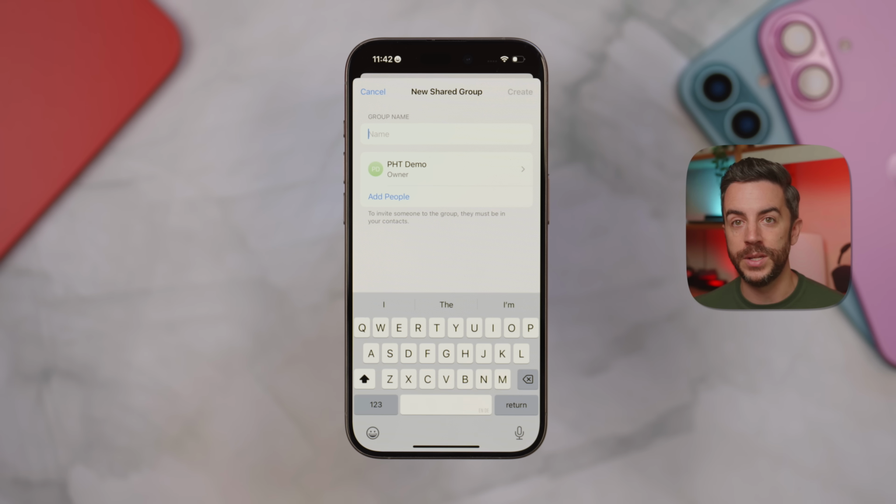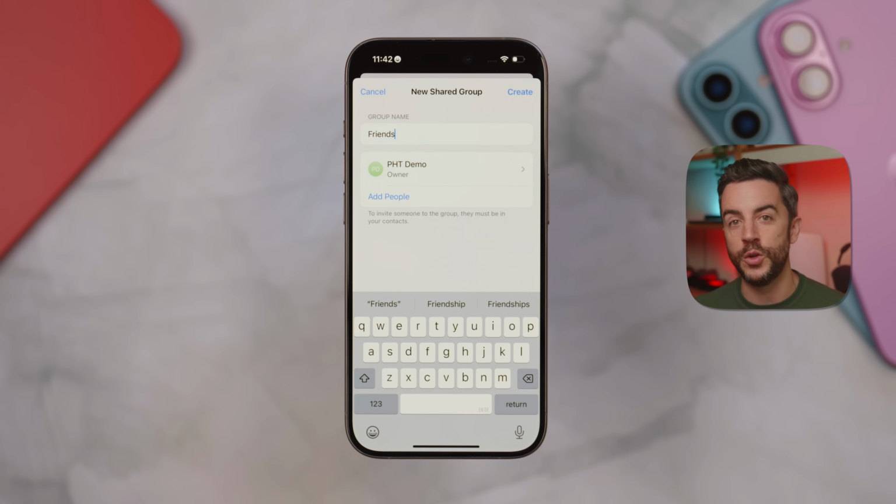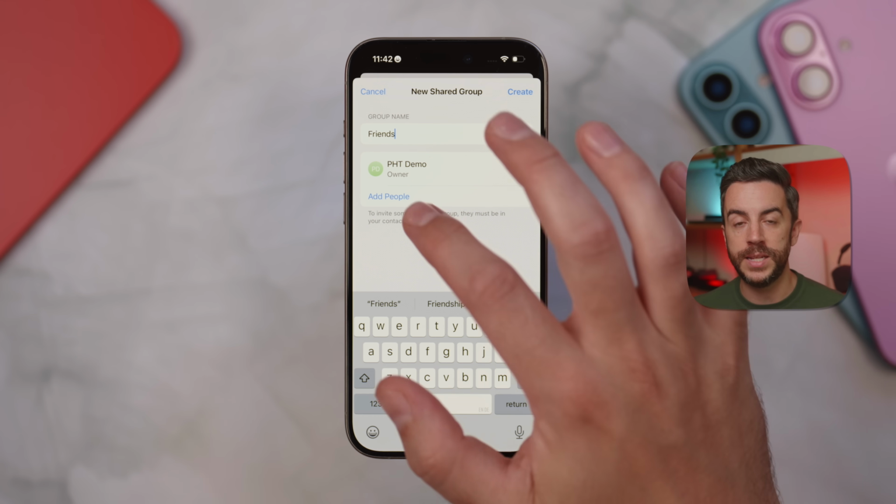If your iCloud account is already set up as part of a family group, you may also see an option to start sharing with your family directly. This skips a couple of steps since your iPhone already knows who's in your family group. But sticking with the general example, after tapping New Shared Group, give the group a name, then tap into Add